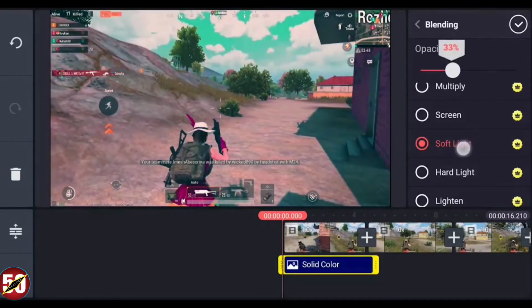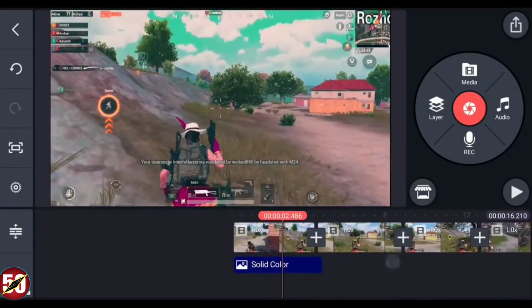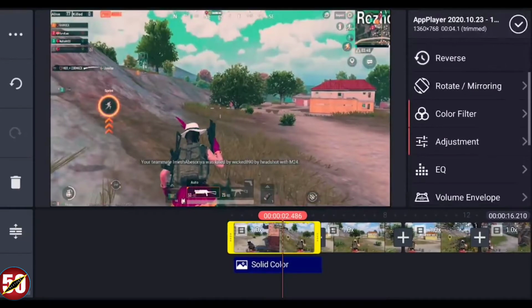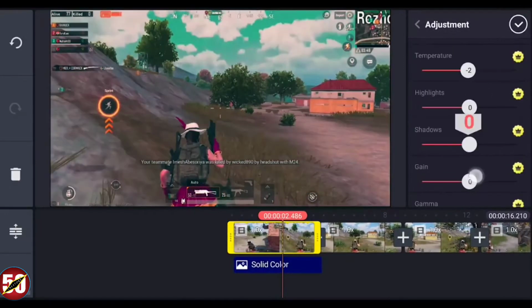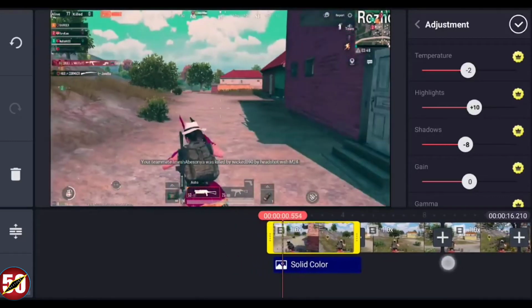I'm going for 34% opacity. Now I think I will make few more adjustments. So here I will decrease the shadows by -8 and increase the highlight by +10. So the first effect is ready.